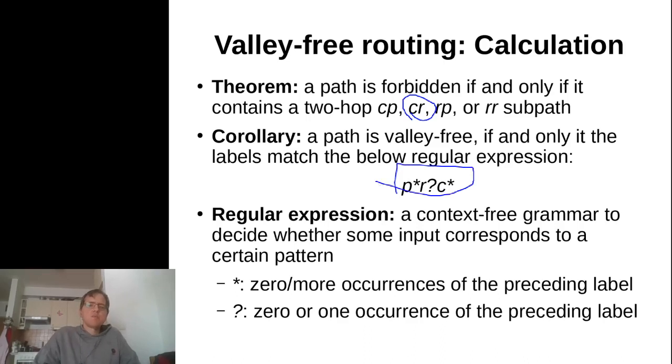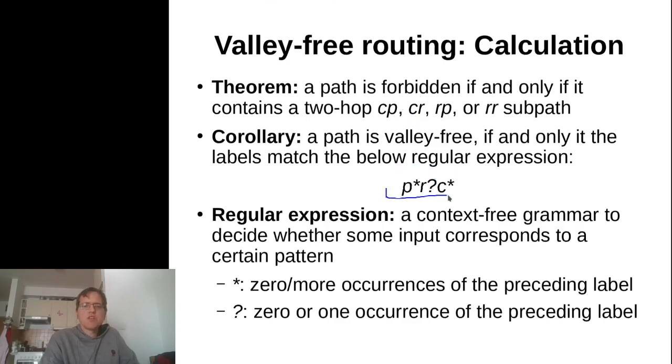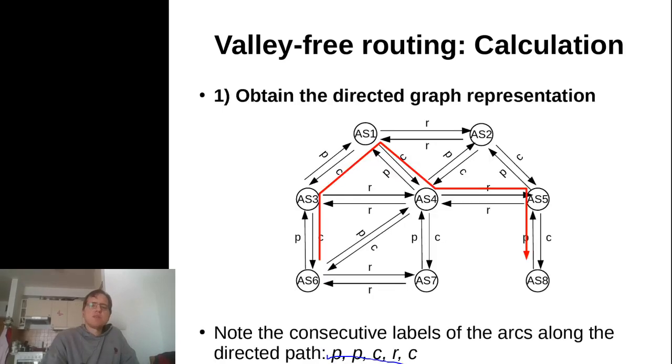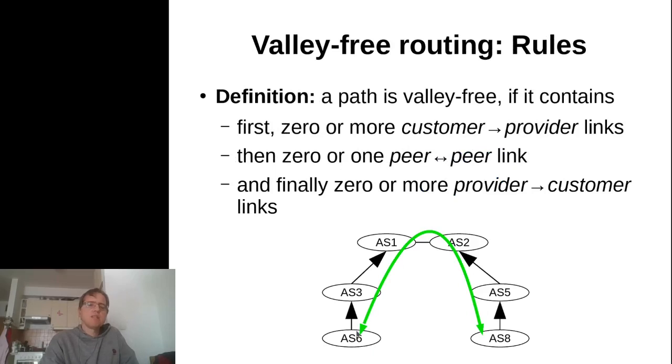A regular expression is essentially a context-free grammar to decide whether some input corresponds to a particular pattern, and in this case, asterisk means 0 or any number of occurrences of the previous label, and the question mark means exactly 0 or 1 occurrence of the previous label. So this regular expression is essentially an explicit and formal representation of the rule that we described here, that any valley-free path first starts with